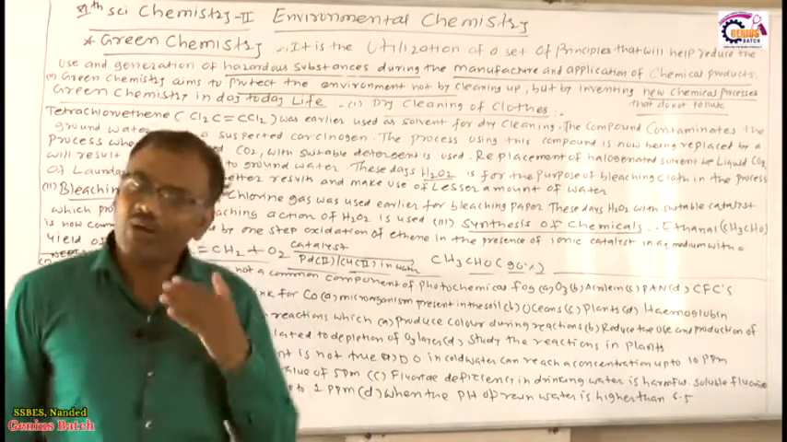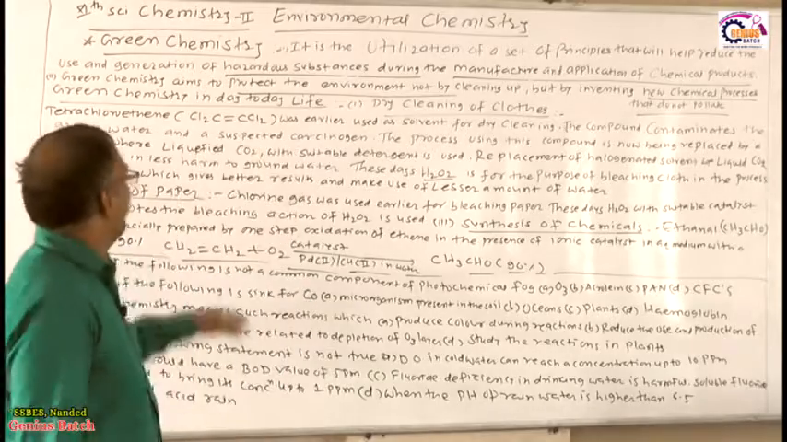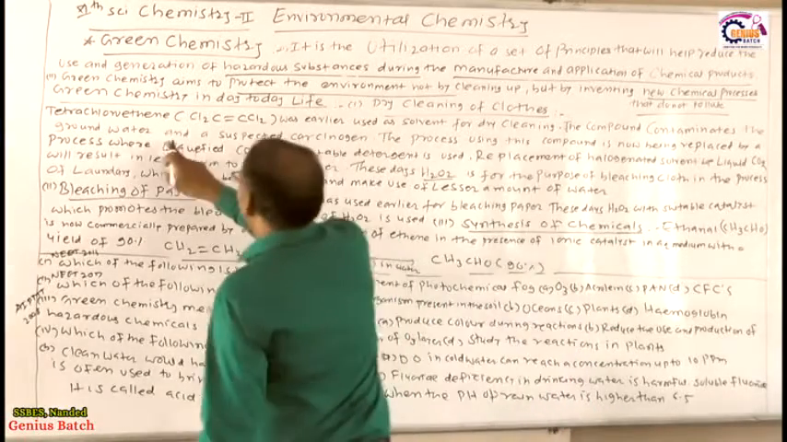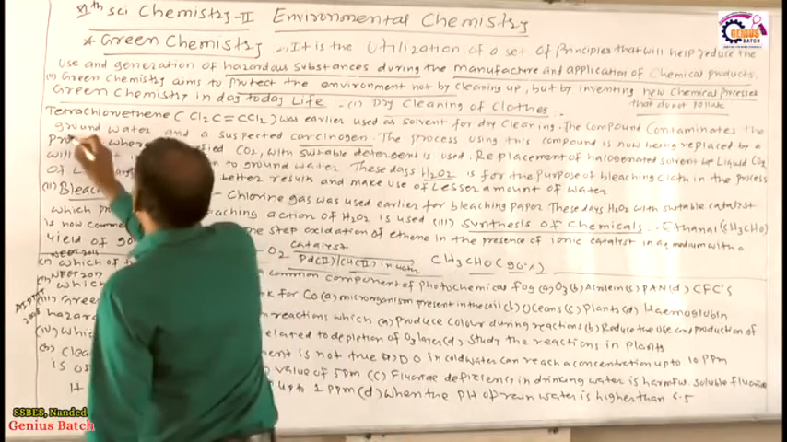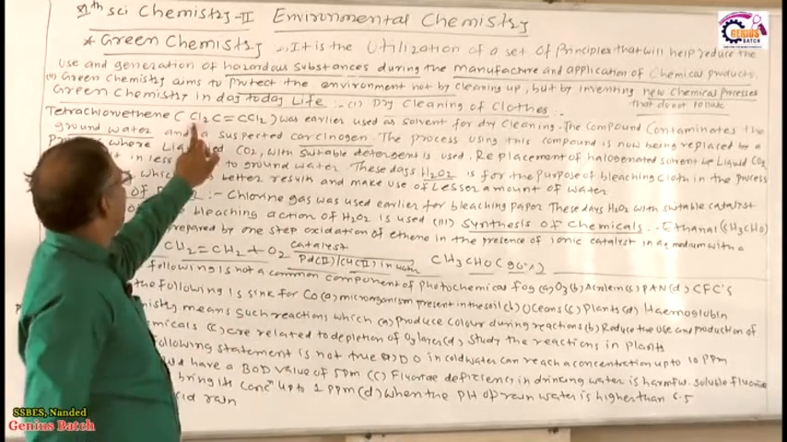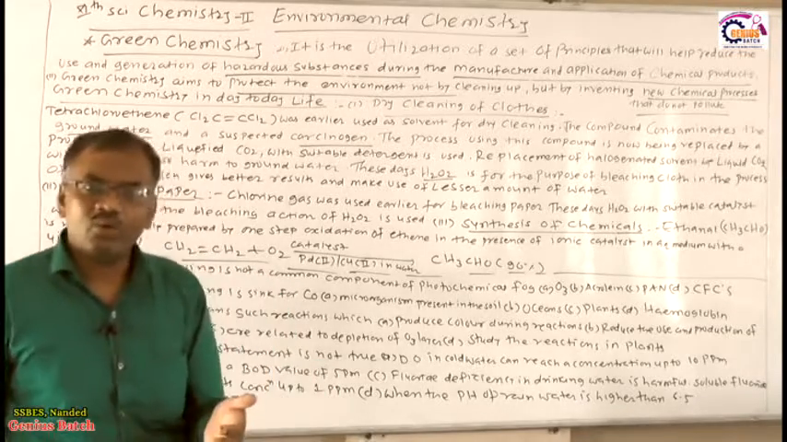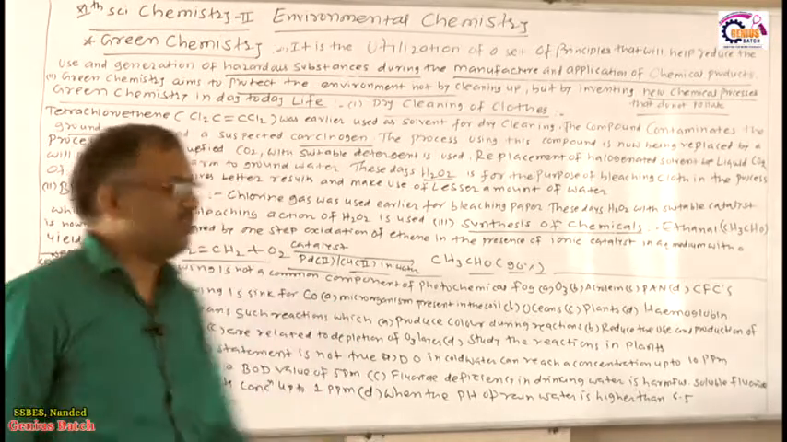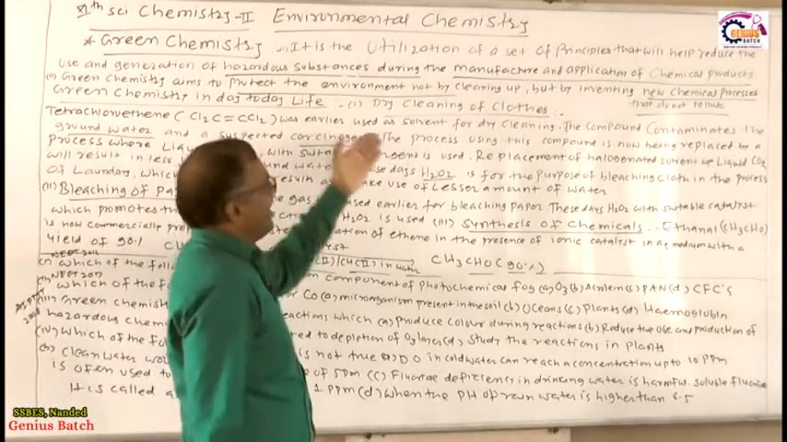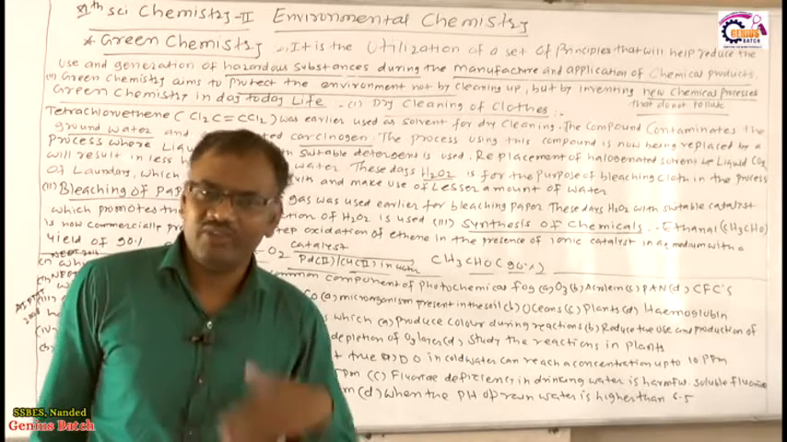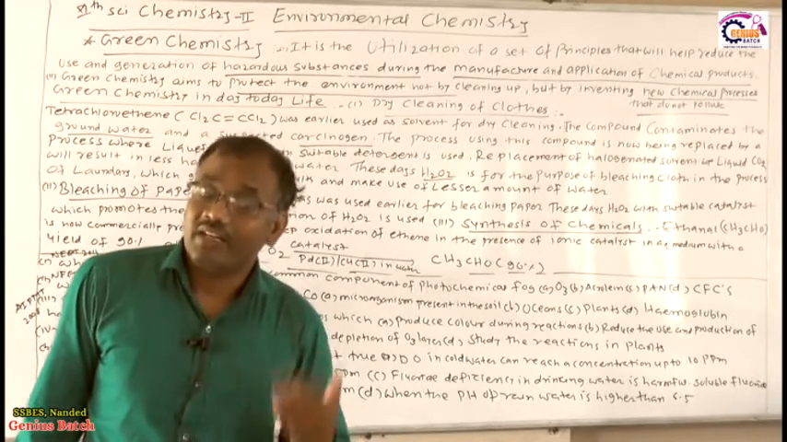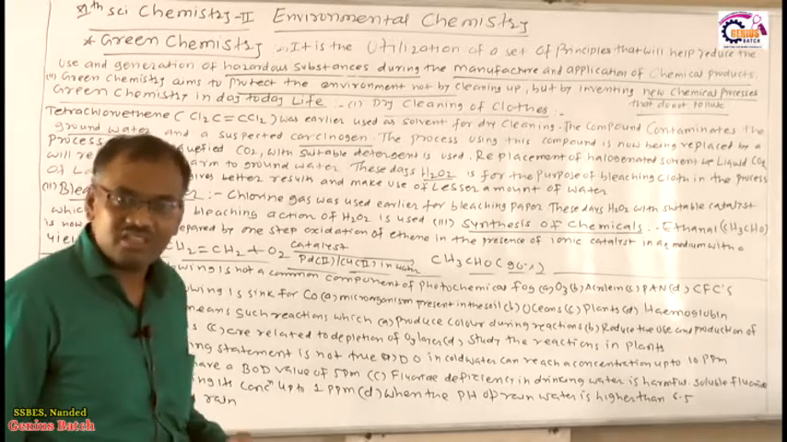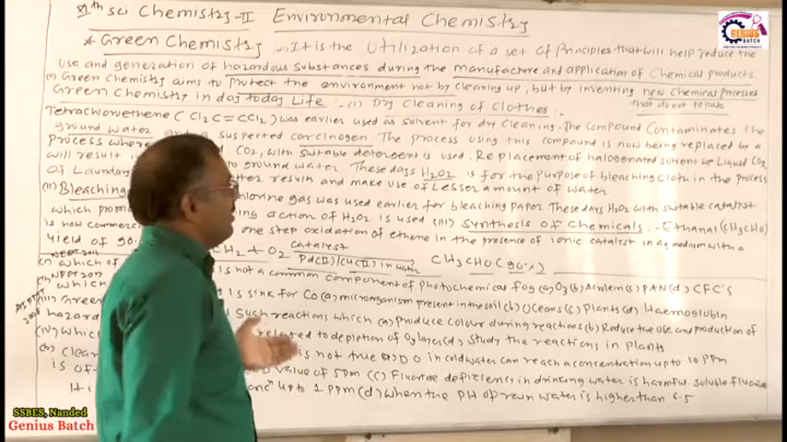Okay, for the dry cleaning, what we used earlier was tetrachloroethene. But nowadays the compound contaminates the groundwater and is a suspected carcinogen. So what happened? This tetrachloroethene is a carcinogenic agent which causes cancer. We use tetrachloroethene as a solvent for dry cleaning, but it is a hazardous substance because it contains a carcinogenic agent which causes cancer, and hence we have to replace